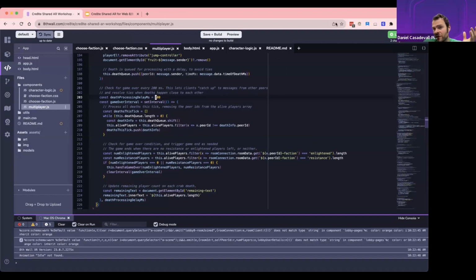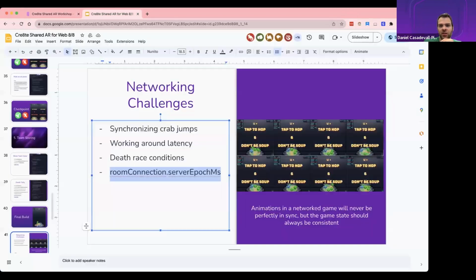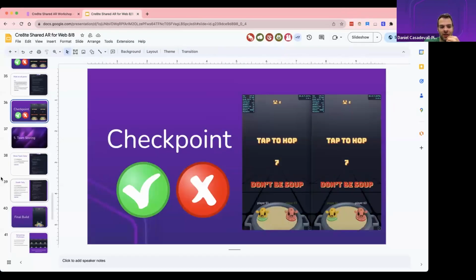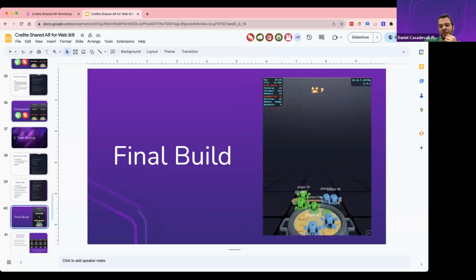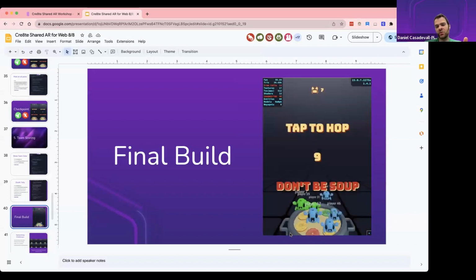If you wanted to solve this with an application level solution instead of having this queue, you could also say, hey, what if instead of counting the deaths when the ladle actually hits, what if you counted deaths when the ladle gets to the end of the pot, right? So you could say, the crabs don't count for deaths until you're done with the sweep. And that gives you almost a second to wait for all the deaths to be processed, if you will. So that would be another way to do it.